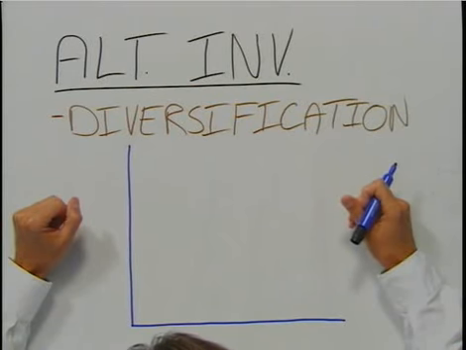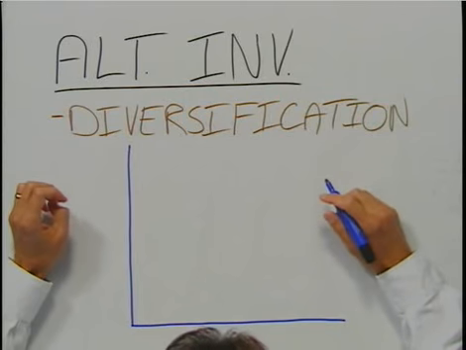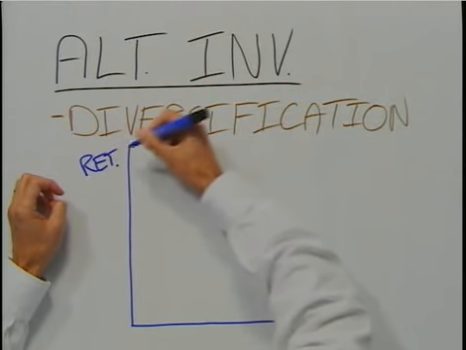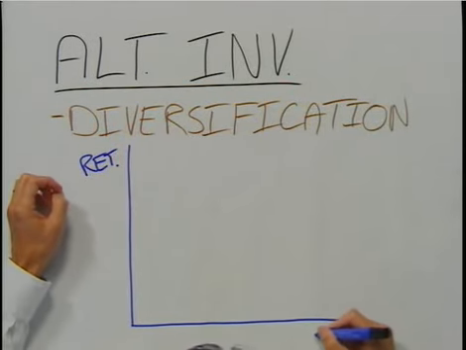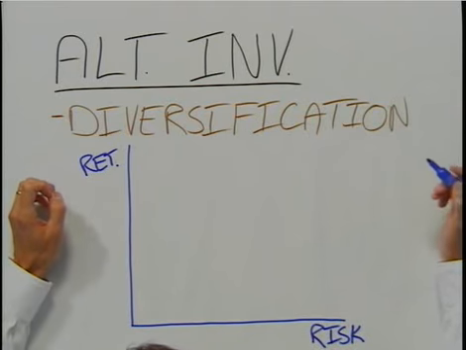Alternative investment strategies ultimately are here for diversification reasons. The reason that we are all interested in alternative investment strategies is to try and maximize the return while reducing the risk to the portfolio. Modern portfolio theory states that we're going to have an efficient frontier. The efficient frontier is the return on the y-axis, and on the x-axis we're going to have a level of risk. What we want to do in the efficient frontier is,